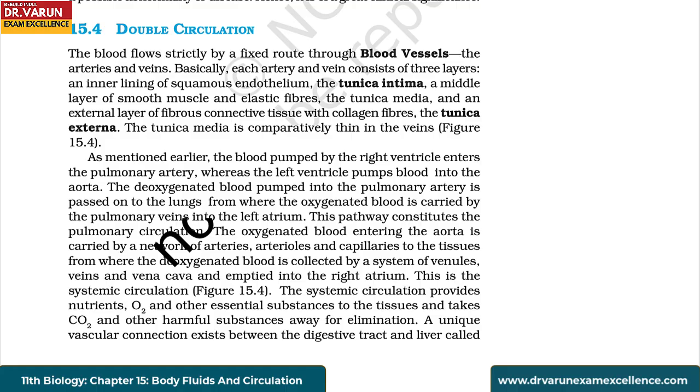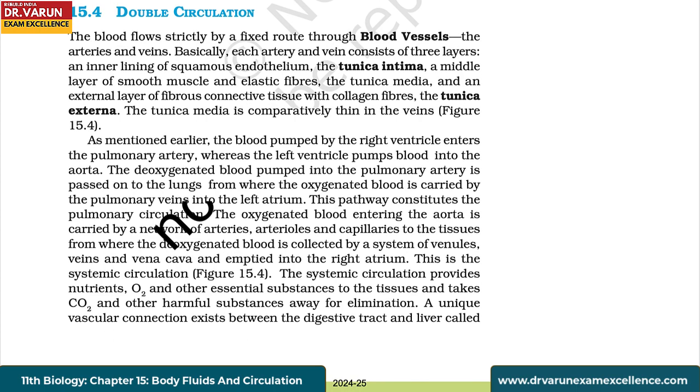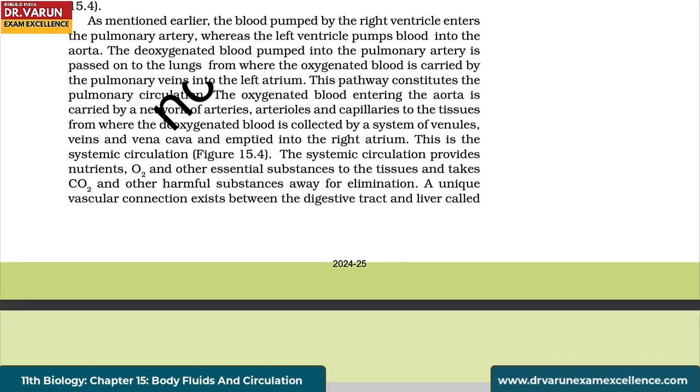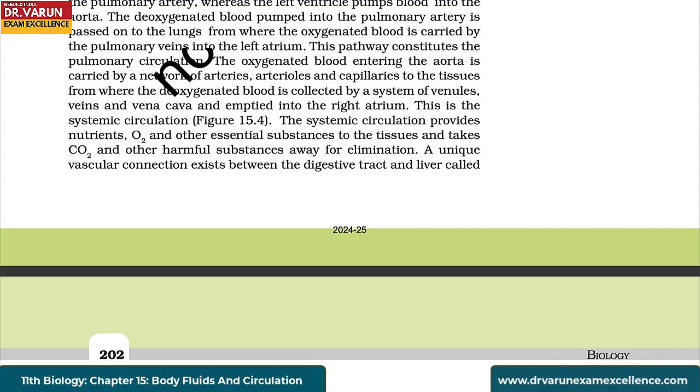The oxygenated blood entering the aorta is carried by a network of arteries, arterioles, and capillaries to the tissues, from where the deoxygenated blood is collected by a system of venules, veins, and vena cava and emptied into the right atrium. This is the systemic circulation. The systemic circulation provides nutrients, oxygen, and other essential substances to the tissues and takes carbon dioxide and other harmful